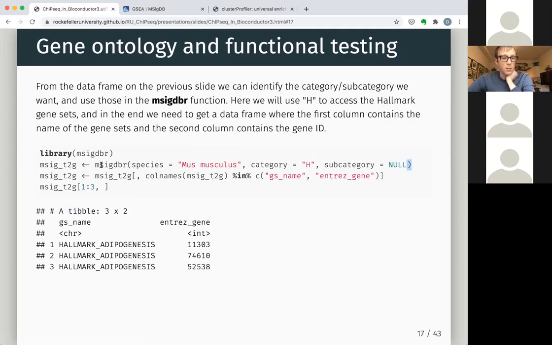So we run this function, we pull out the hallmark gene sets, and then for enricher, which is the clusterProfiler function, we basically need,